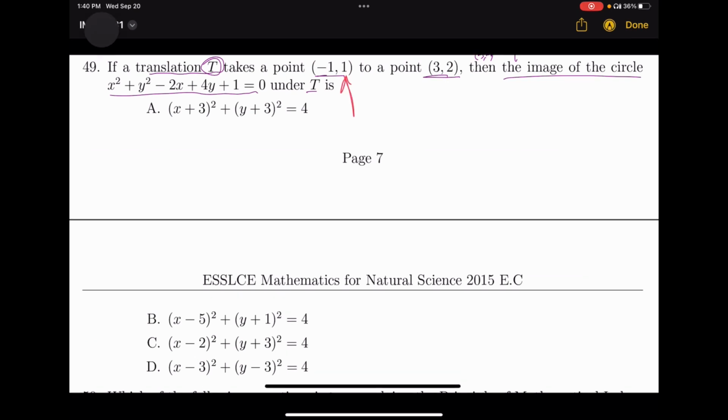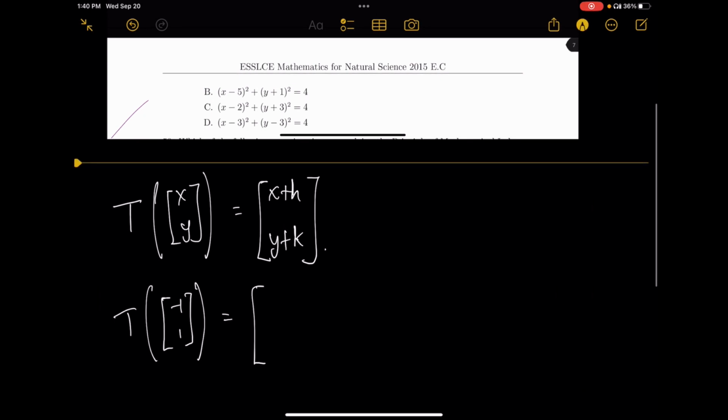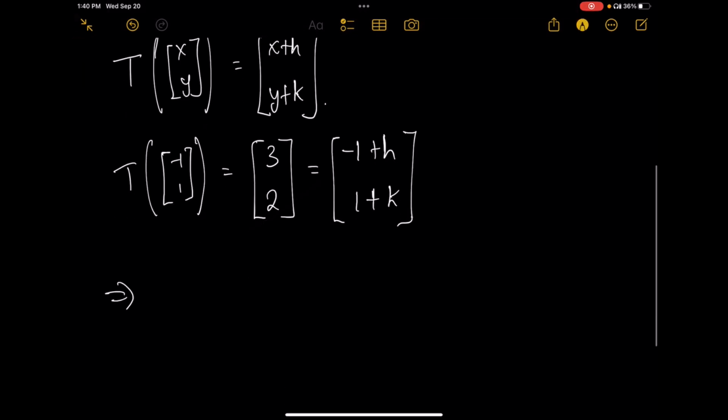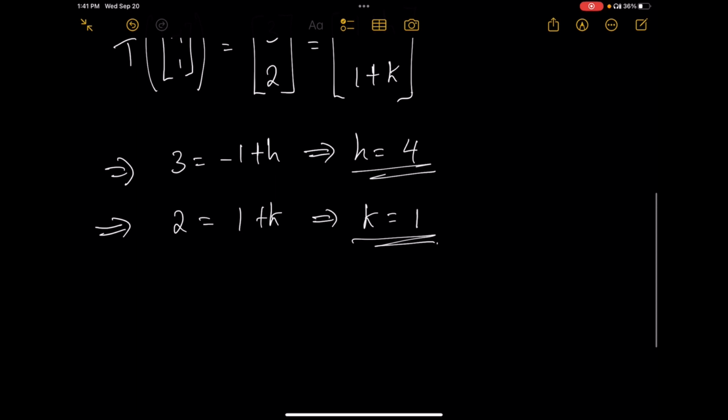አሁን in our case t of negative 1 1 ነው የገባው። ኦኬ ትራንስሌሽኑ ማን እንደሆነ እናውቅም፣ ግን it takes a point negative 1 comma 1 እና 2 a point 3 comma 2 በጣም ጥሩ። ለዛ ኔጌቲቭ 1 comma 1 ገባና ማን ወጣ? 3 2 ወጣ። ኦኬ እሺ ይሄ ማን ብለን እንጽፈው እንችላለን? ኔጌቲቭ 1 plus h እና 1 plus k ብለን እንጽፈው እንችላለን። ያ ማለት this implies 3 is equals to negative 1 plus h ነው, which implies that h is equals to 4. ኦኬ እና ሌላኛው ደግሞ 2 is equals to 1 plus k ነው, which implies that k is equals to 1. ለዛ h እና k አወቅን ማለት ነው።